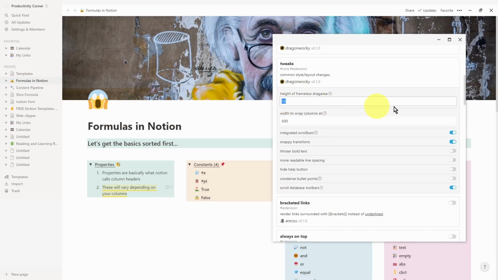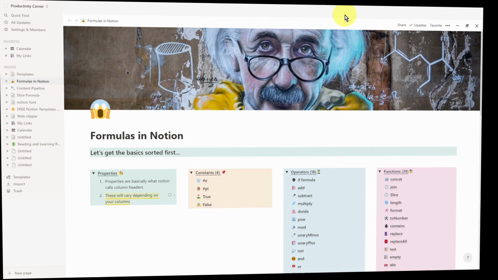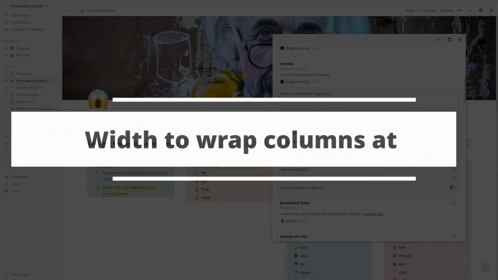Let me just go ahead and quickly change this to, let's say, 50, and let's see what that does. So as you can see, the height at the top is now increased to 50. Again, it's down to your personal preference as to what you like, but I actually preferred it to be the 15 as it was. So the next feature we can tweak is